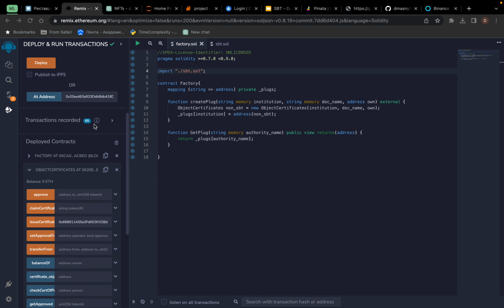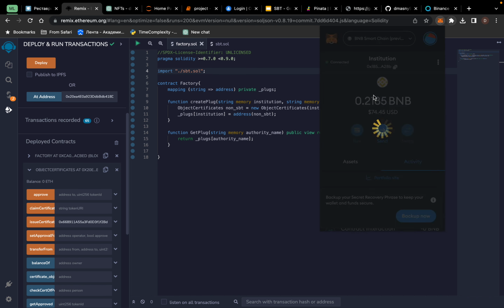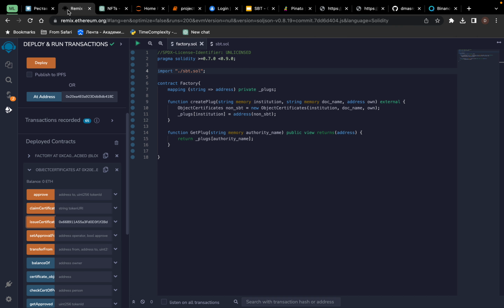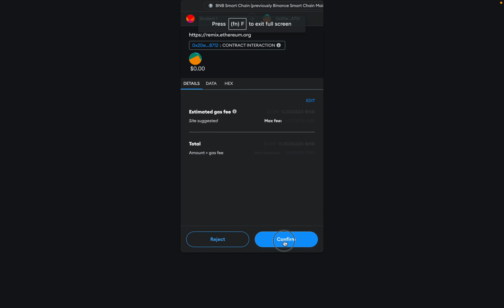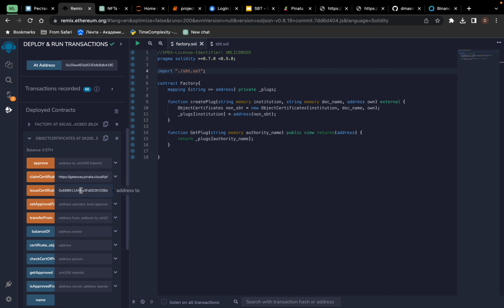Now I need to switch to the student 1 account and claim my certification. In order to do so, I need to copy a link to the content of my certificate and then put it here, like claim certificate, and put the link. Also, I need to confirm such operation. And as soon as it's done, I can check that